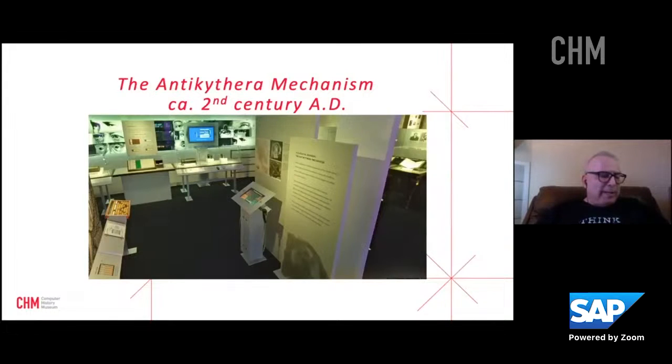I should point out that this was discovered initially in 1900 by Greek sponge divers who went to a little island called Antikythera. There's an island called Kythera and another one called Antikythera. And as they were sponge diving there, the diver came back up gasping for breath and said there were all sorts of dead people on the bottom and dead horses, and he was very afraid. And initially people thought he had the nitrogen bends and wasn't in a proper frame of mind. So he went back down and saw